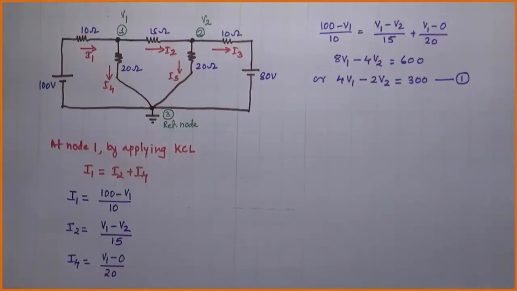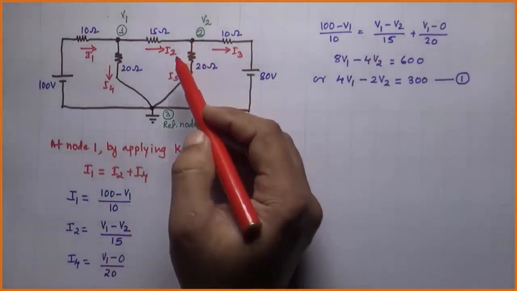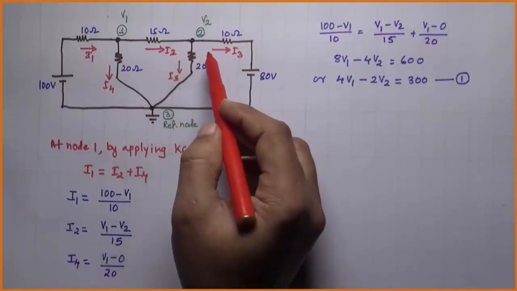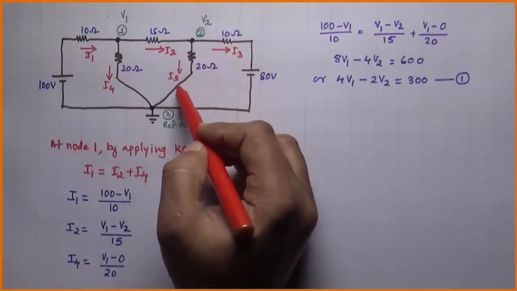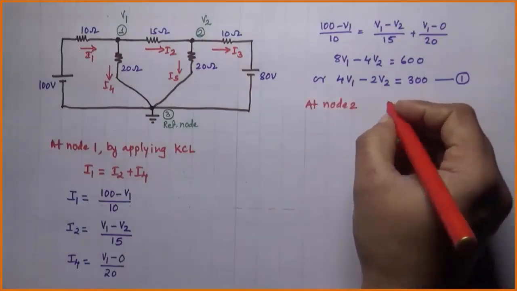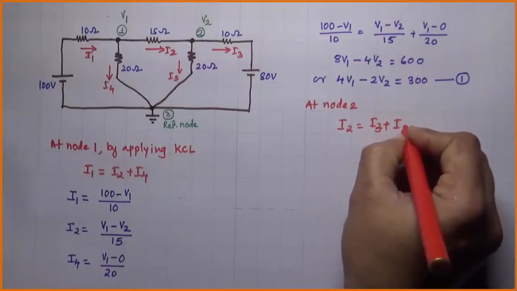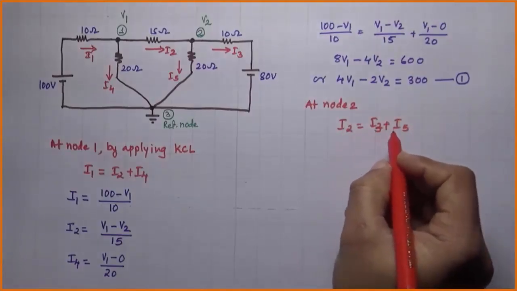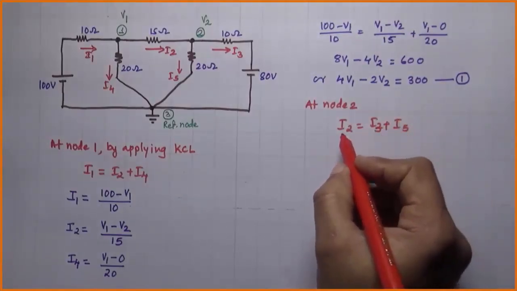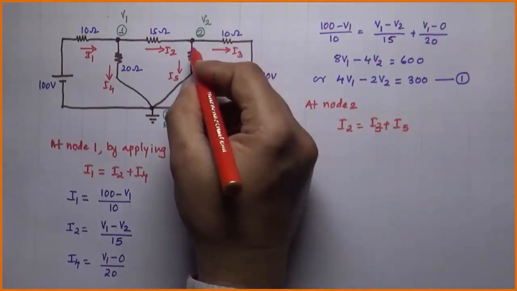Similarly, we will apply KCL to node 2. At node 2, incoming current is I2 and outgoing currents are I3 and I5. Hence, addition of incoming currents is equal to addition of outgoing currents, which will give equation at node 2 I2 is equal to I3 plus I5, where I2 is incoming current and I3 and I5 are outgoing currents from